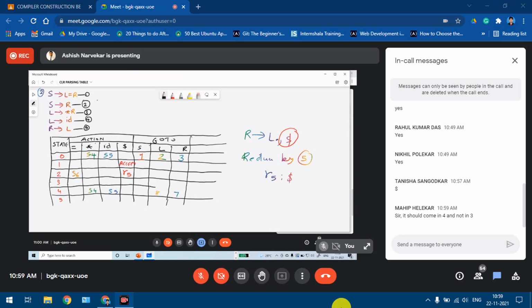Because we had skipped state 3, considering the final item. So that's fine. State 5, we can see there is a final item again, so we cannot make an entry over there. We'll skip that and we'll go to state 6.